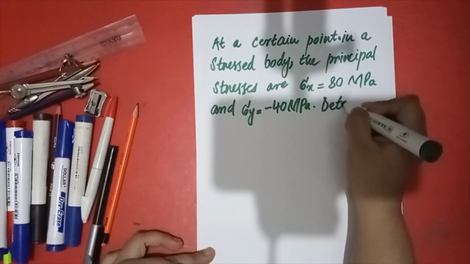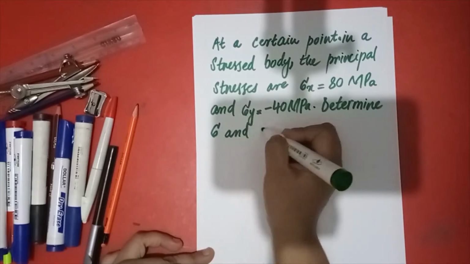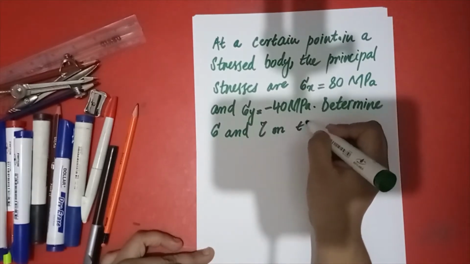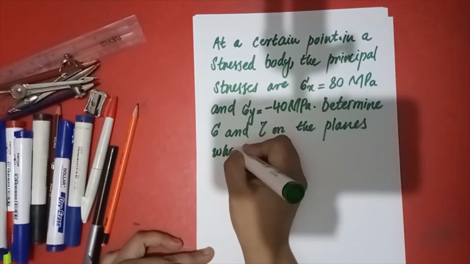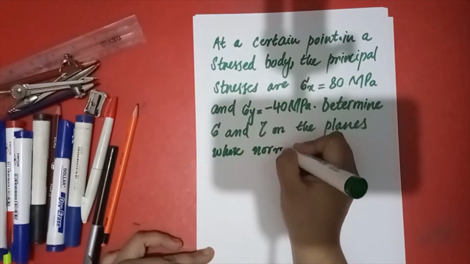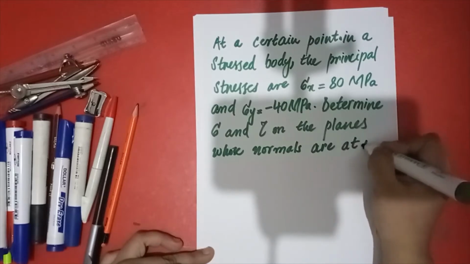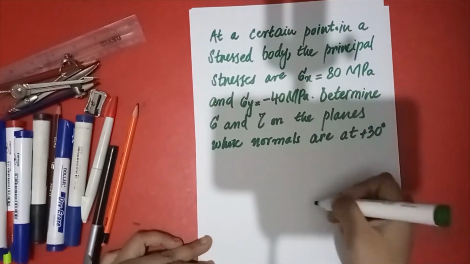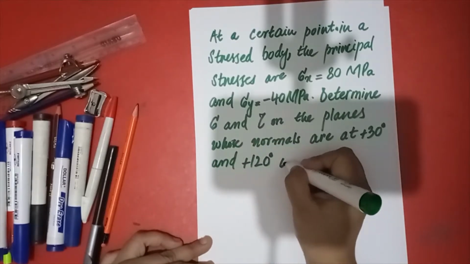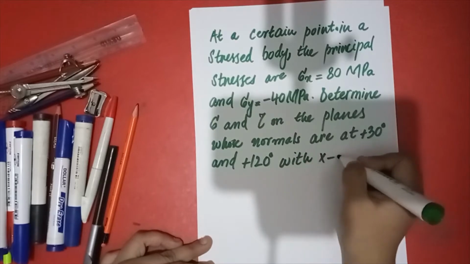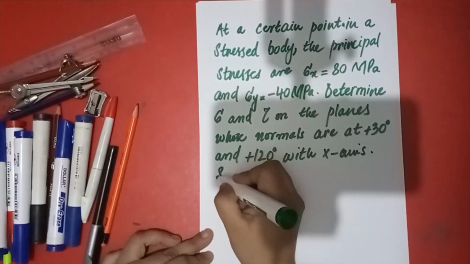Determine sigma and tau on the planes whose normals are at plus 30 degree and plus 120 degree with the x-axis. Can you see how long this numerical is? So show your results